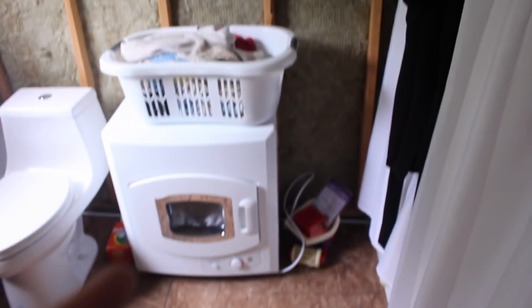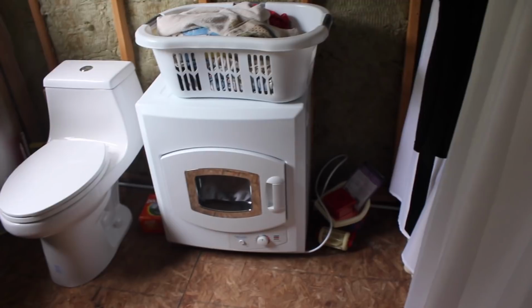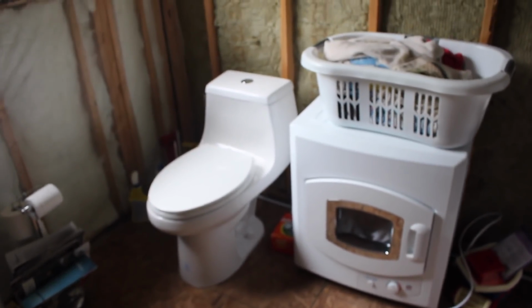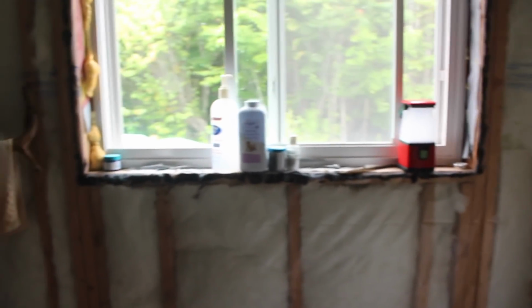That's also temporary. That dryer is like a compact apartment size one. A company sent us that, and it's awesome. It's a great little dryer. We did a video on it. You can check it up here if you're interested. Your toilet, Econo flush, so we can save on power pumping and